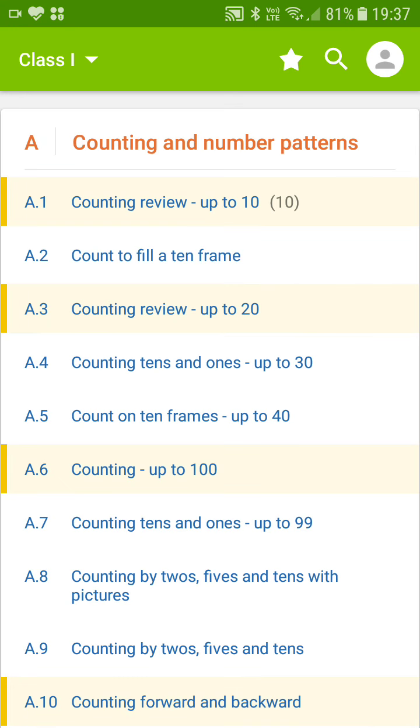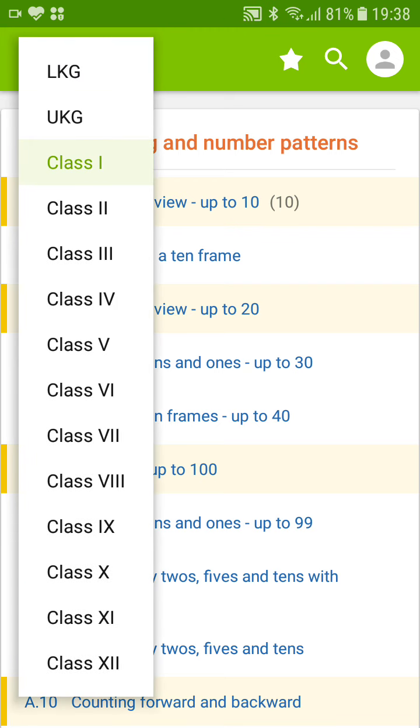The next step is on the top left side you can see classes. Click on this. Here you can see the grades start from LKG to 12th. So you can choose any class based on the class of the student. For example, if the child is studying in 5th class, click on the 5th icon. If the child is studying in class 1, click on this. I will show you a demo of how it works.